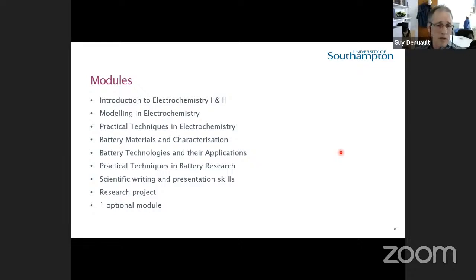We have a module on scientific writing and presentation skills. This runs over the whole 12 months, and it's there to help you prepare your literature review, to help you prepare your dissertation, to help you prepare oral presentations, which you will have to make during your project. And this is a compulsory module. In fact, all of the modules listed here are compulsory, except for the last one, which is an optional module,